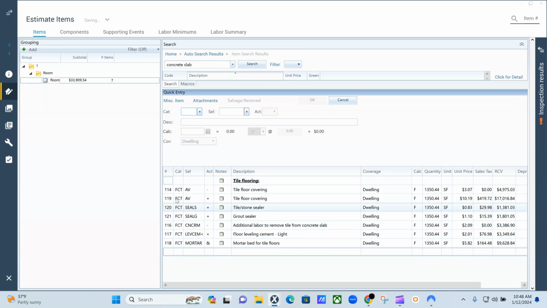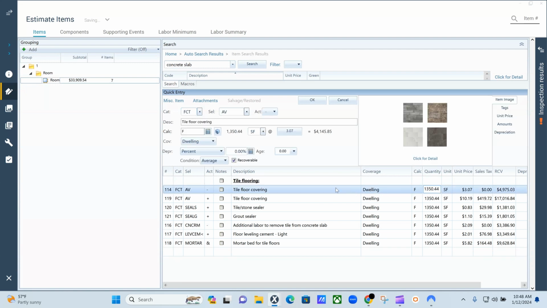This is for a full. Now you can make it smaller, more palatable if it's just a section of tiles and not the full living room. So you can just change